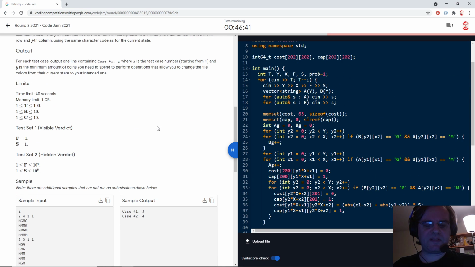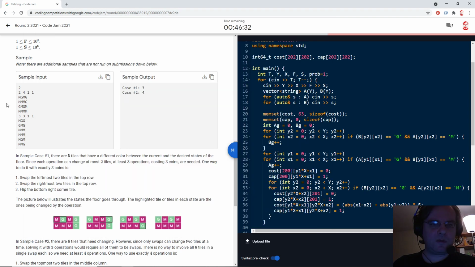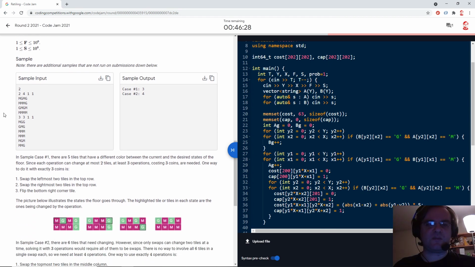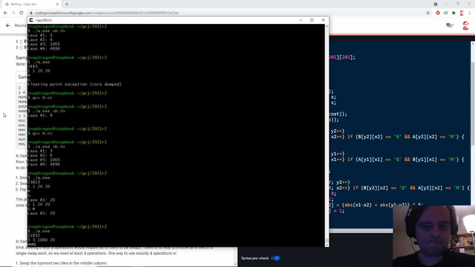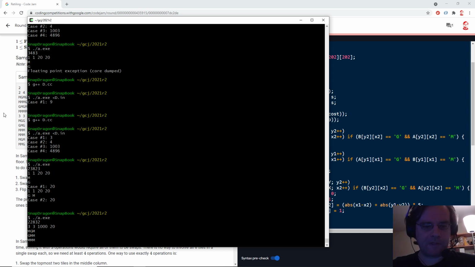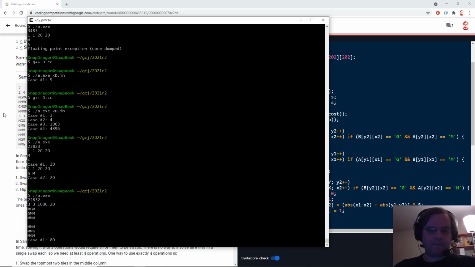So FS. So let's make that really large. I mean, for the visible vertex, it's 1 anyway, but yeah. Okay, 80. That seems right.